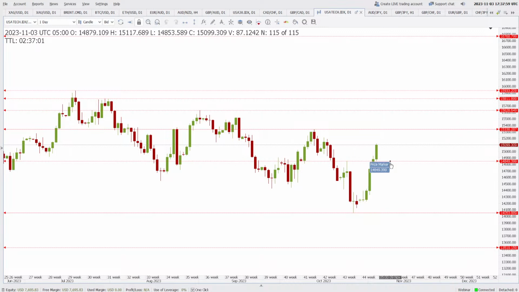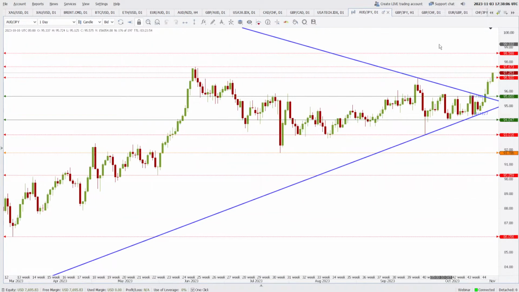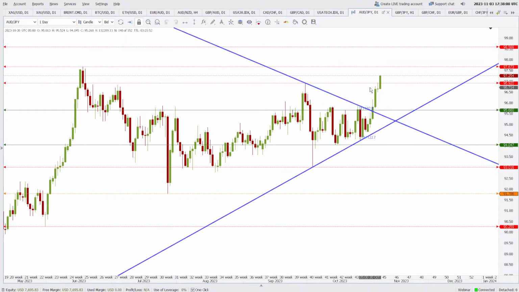Yeah, expect 14,849 to act as a support if the price comes from top to this level. Or DJPY, a long green candle. 97.67 is the next resistance now. Expect 96.92 to act as a support if the price comes to this level. So these two are the crucial levels for you. This was expected and that is happening.